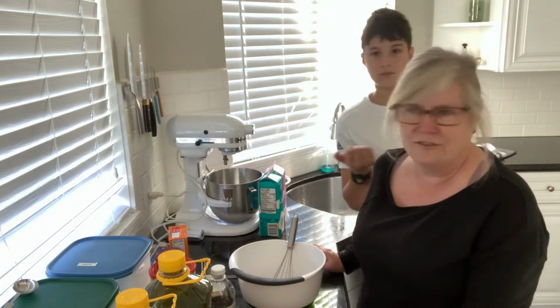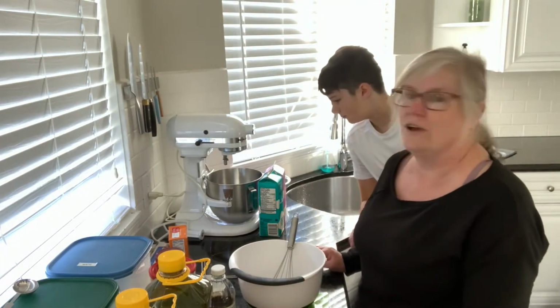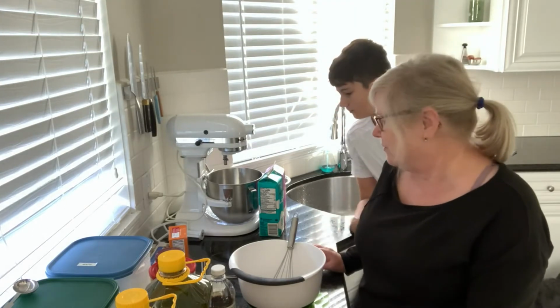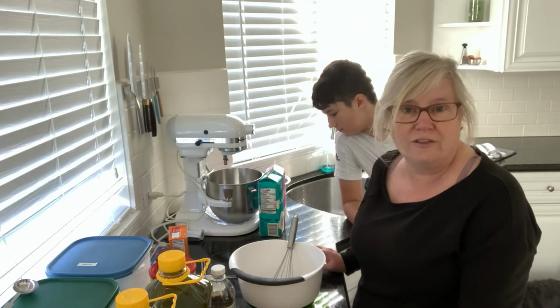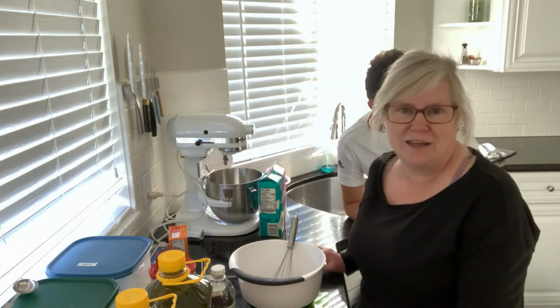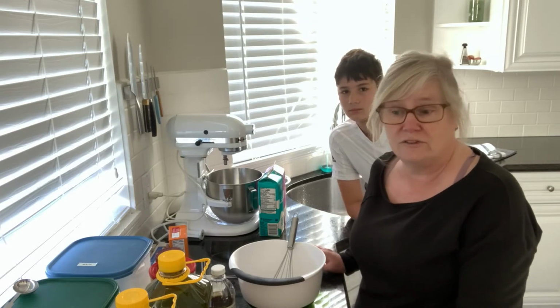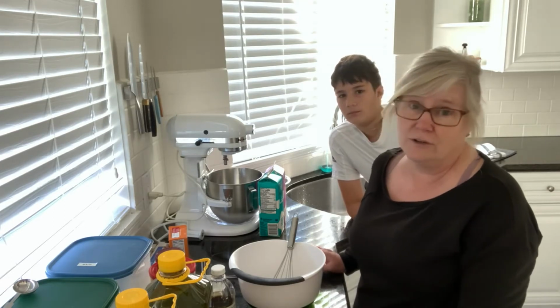So Rocco's a little concerned because he doesn't drink coffee, he doesn't like coffee. You do not taste any coffee in this cake. It just brings out all the chocolatey chocolate in the recipe. If you really don't like coffee or want to substitute, you could substitute tea, or you could just use hot